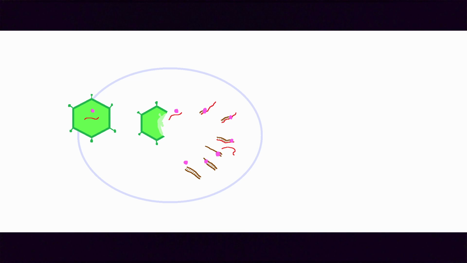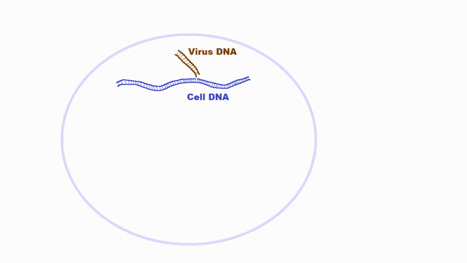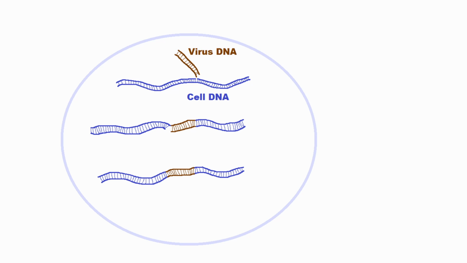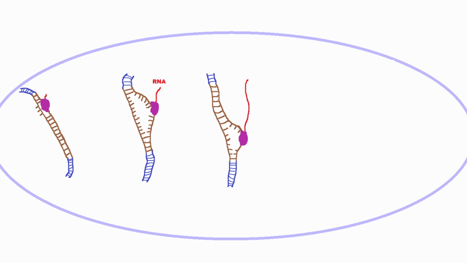After this, a single strand is made into a double strand. This double strand of virus DNA will attack the host cell and slide into it. So now that the virus DNA is in the host cell, what happens? The cell will use its RNA polymerase to make the virus RNA based off of the virus DNA, which ribosomes